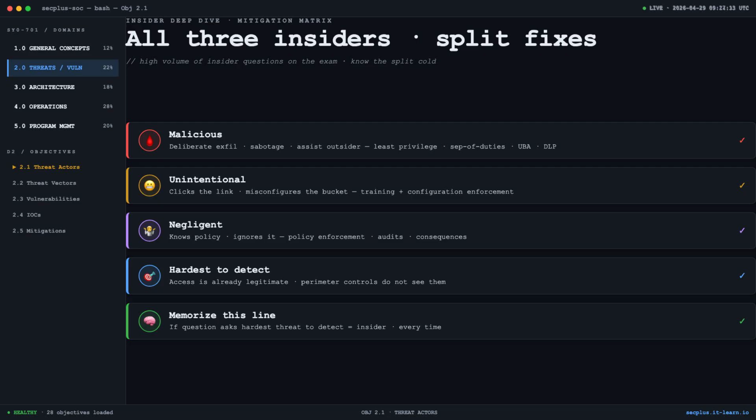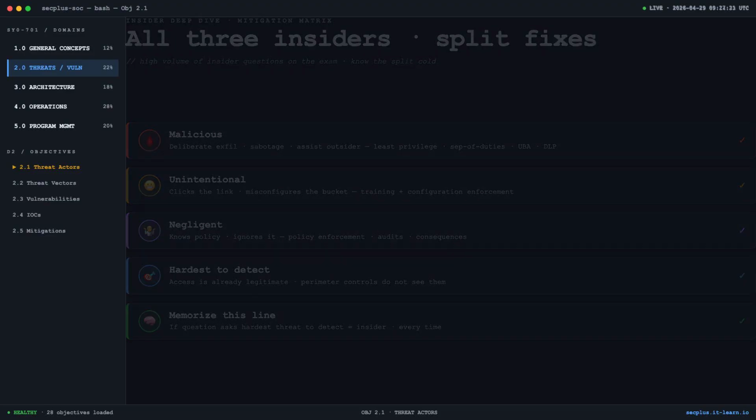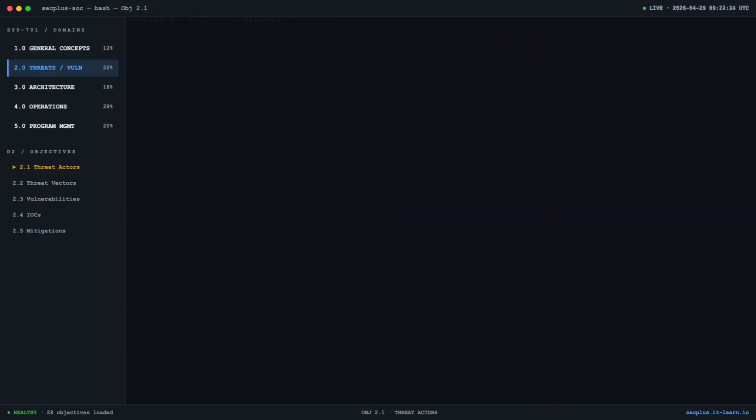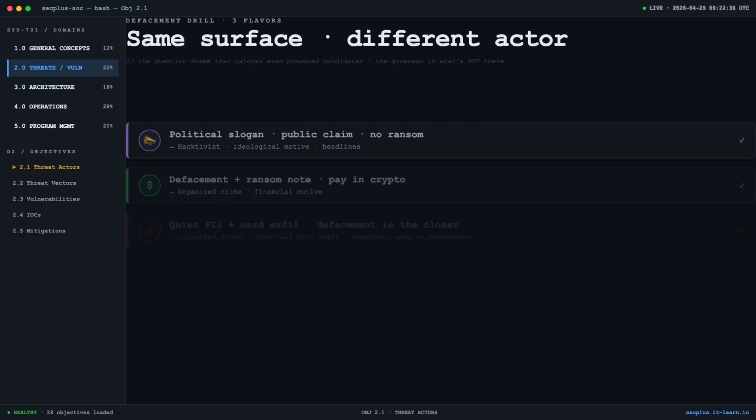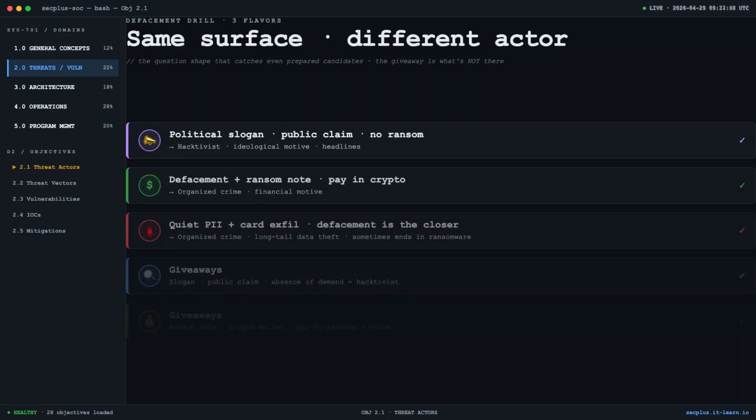Here's one more scenario worth your time, because this is the question shape that catches even prepared candidates. A retailer's web application gets defaced overnight. Homepage replaced with a political slogan. No data exfiltration detected, no ransom note. Twitter accounts associated with a Hacktivist collective claim responsibility. The next morning, the CEO wants to know who attacked. The exam answer is Hacktivist, with the giveaways being the political slogan, the public claim of responsibility, and the absence